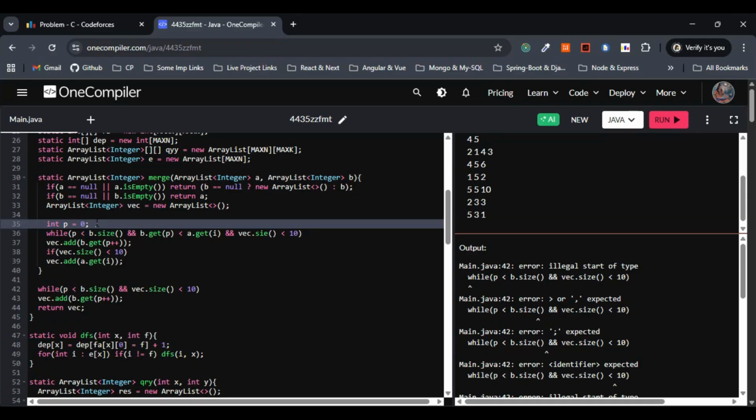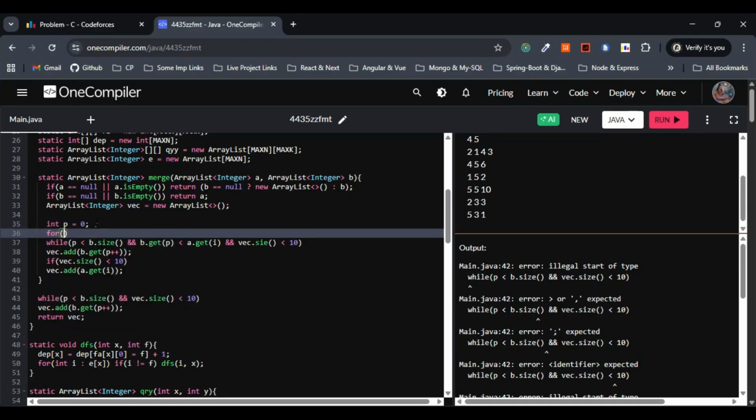Let me include the for loop as well here. So I'll just go with for i equals 0, i less than a.size. So this is fine. And .size, so this is also fine. Less than 10 actually. So yep, this is fine. Let me increment the i. So this is fine as well. Yep. Now this is fine. If I run this one,